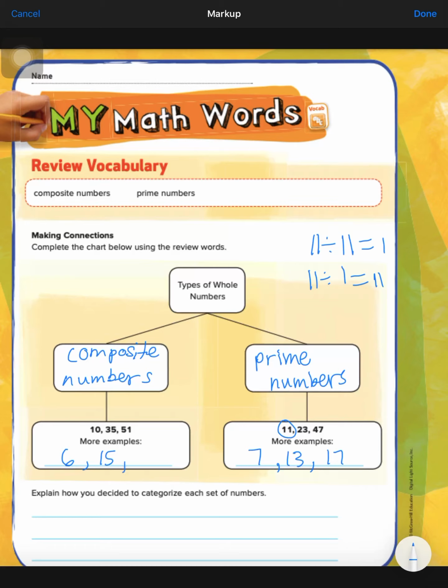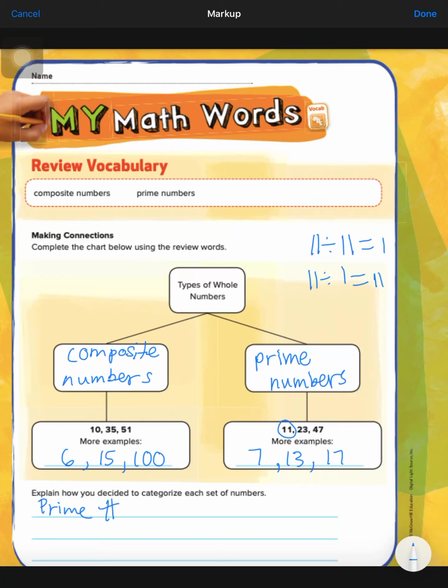What else? Let's do 100. 100 can be divided by a lot of things: 10, 5, 1 and 100, 25, 4, okay? So those are composite numbers. So explain how you decided to categorize each set of numbers. So my friends,